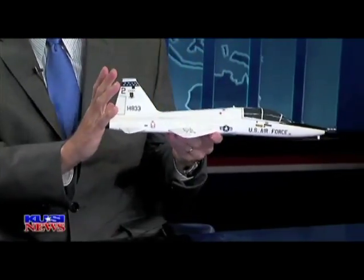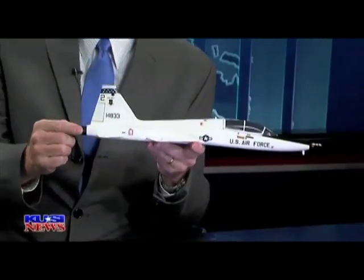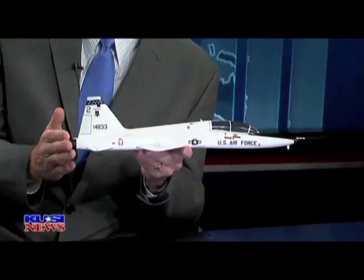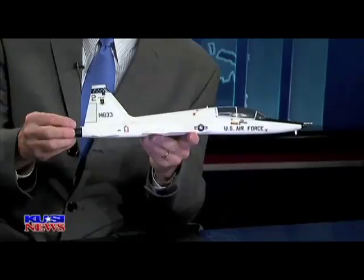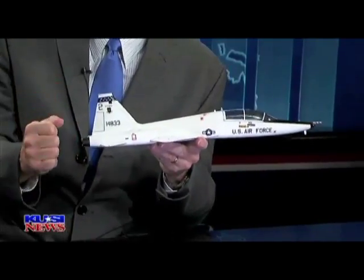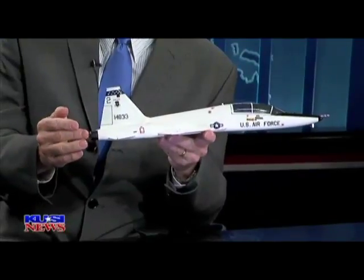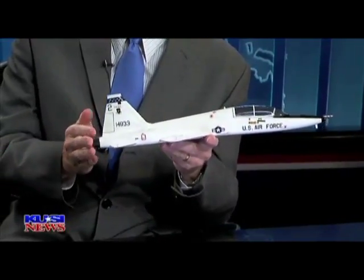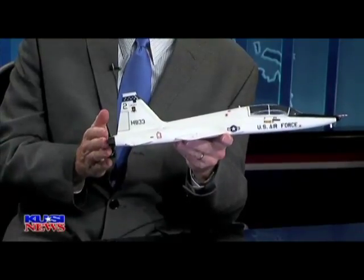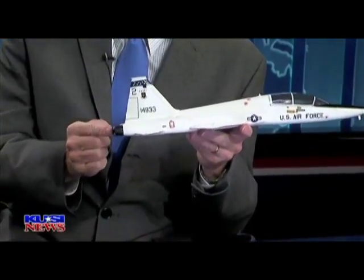And in that AP photo, you'll notice the empennage, or the tail section of the airplane. And the photograph is from the rear. And these here are the exhaust pipes of the engines. In a jet aircraft, these are called nozzles, and they both open and they close based on the throttle setting. What pilots want is both of these to operate the same. If there's a malfunction, if one of the engines shuts down or is not producing a normal amount of thrust,